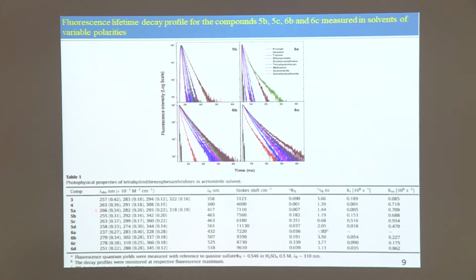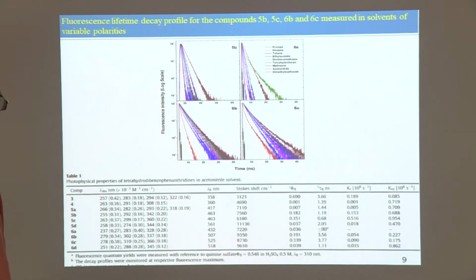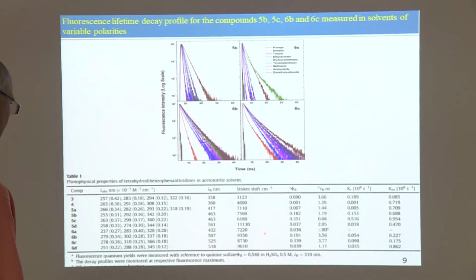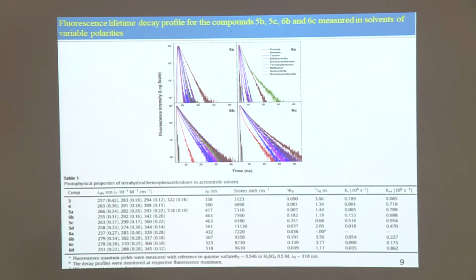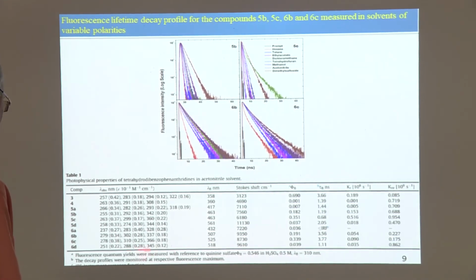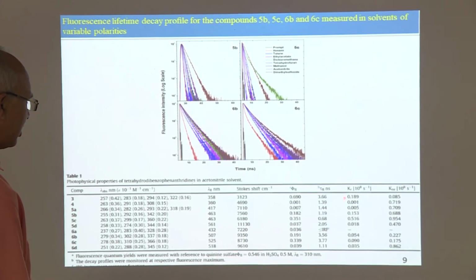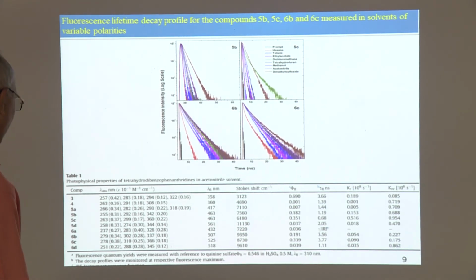So now when you see this, the nitro compounds, that is 5D and 6D, they are having 561 nanometer and 518 nanometer of emission, and 11,000 and 960, that is these are the two highest values of Stokes shift. And this is the condition in which quantum yield was measured, this is the decay profile, and this is radiative decay and non-radiative decay.